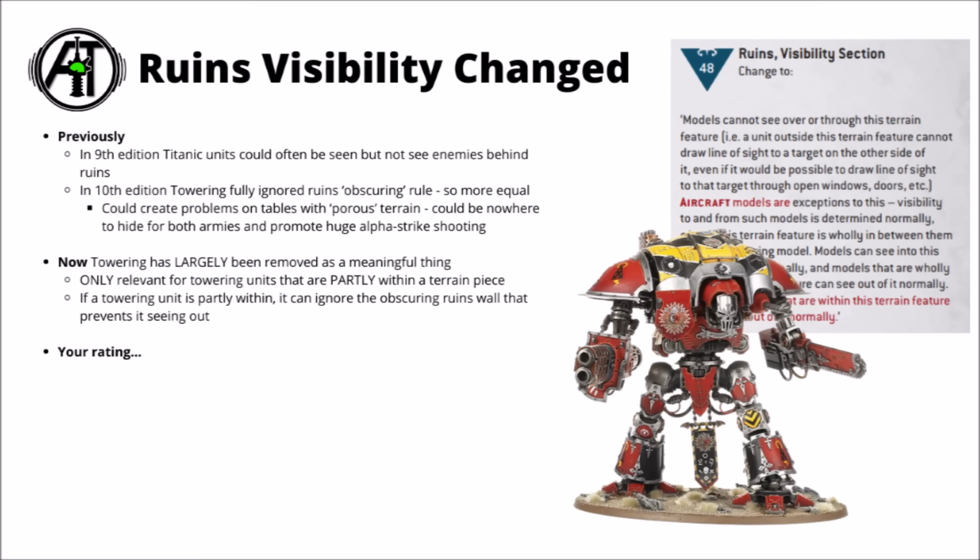Finally, with the major core rules changes, we've got the rules visibility versus towering units change. This one has been on a bit of a saga. In 9th edition, Titanic units could often be seen but not shoot enemies on the other side of ruins, so you could be shot but not shoot back. In 10th edition, towering changed it around, so if you were towering you could both shoot and be shot over